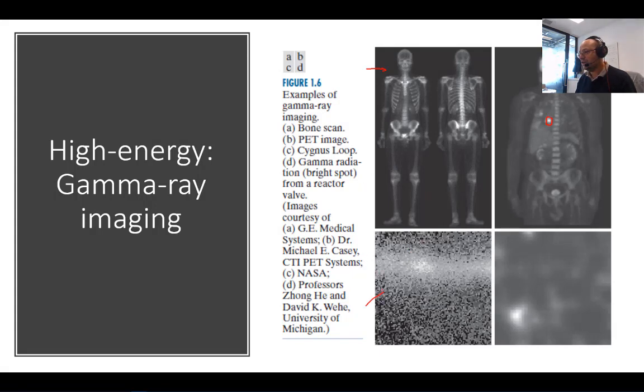This is the gamma radiation for Cygnus loop, which is a structure in space, right? So it's an astronomical entity, an astronomical object. And this is the gamma radiation from a nuclear reactor. So you can see applications in medicine, applications in astrophysics, applications in nuclear physics, just by a simple gamma